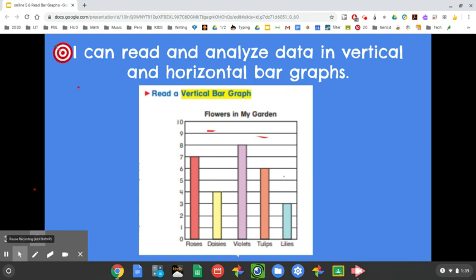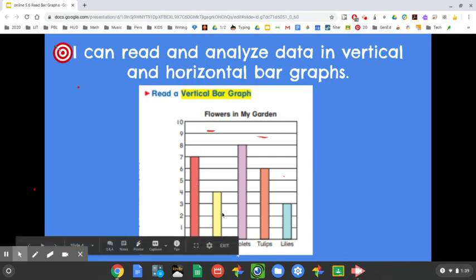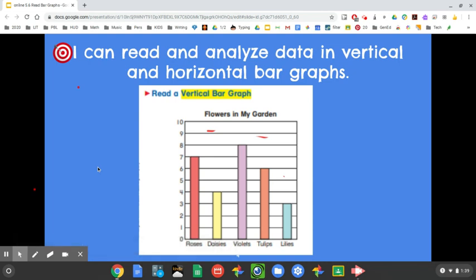Okay. Yeah, the bars in the first graph go across and these bars go up and down. So let's take a look at this one, and I want you to see if there are some questions that we can answer. Okay, similarly to what we saw in the last bar graph, you can see that in this one